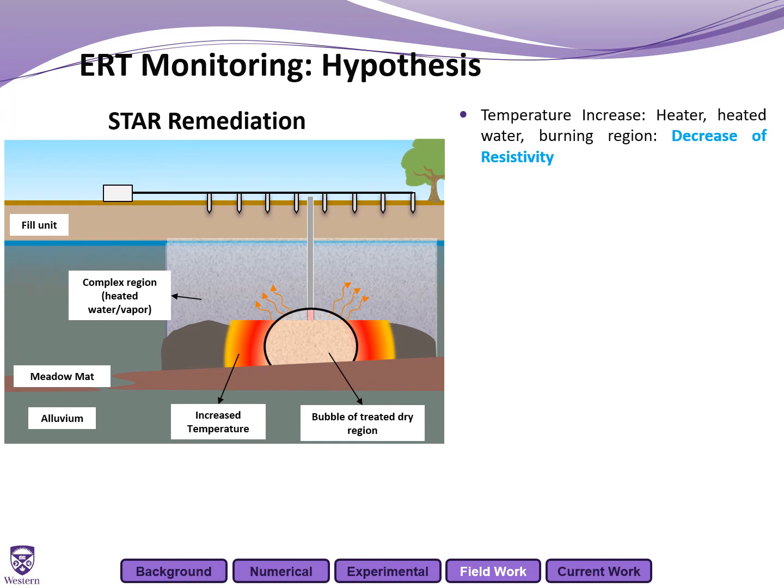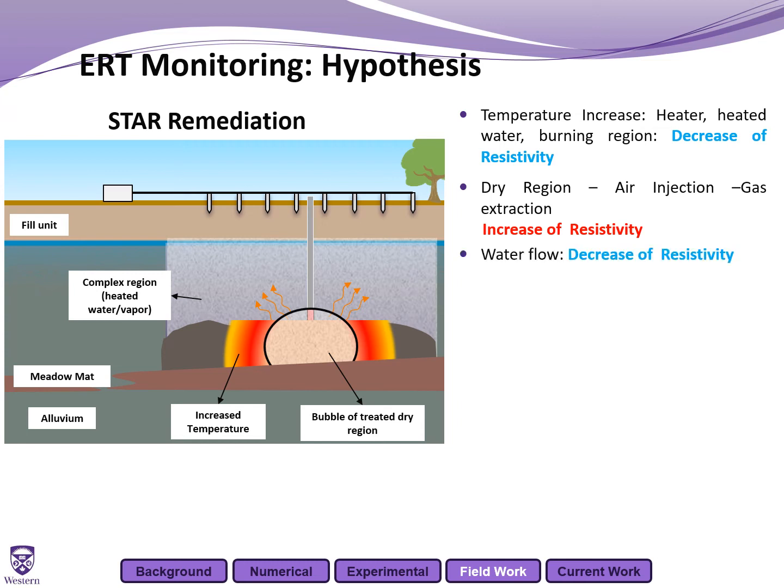So from a geophysical perspective, we have a temperature increase. So the water temperature is increasing, which we know will actually decrease the resistivity. This is followed by, as this increase continues to occur, the water will boil and burn off. So then we have a significant decrease in water saturation. This leads to a significant increase in resistivity.